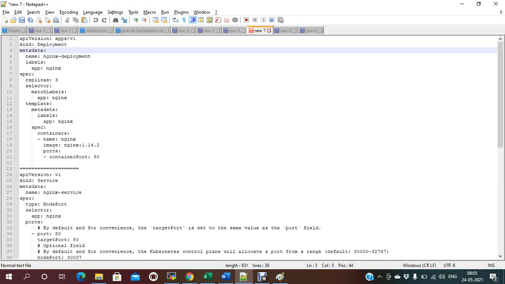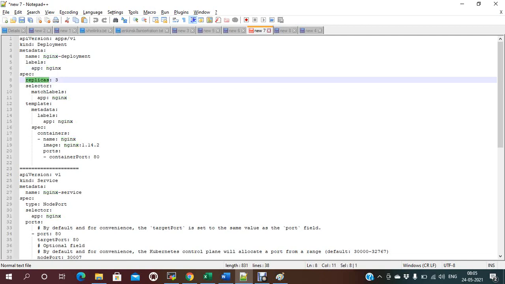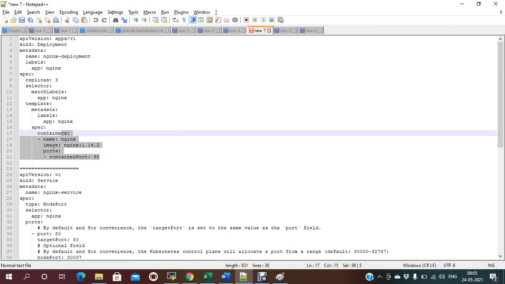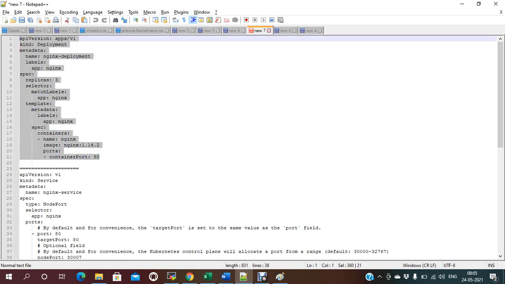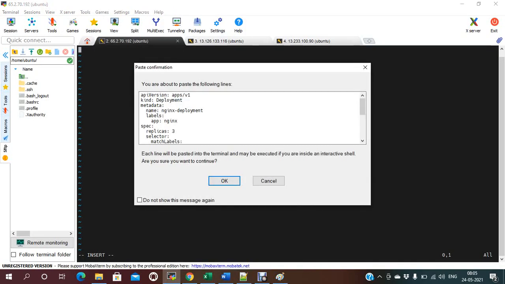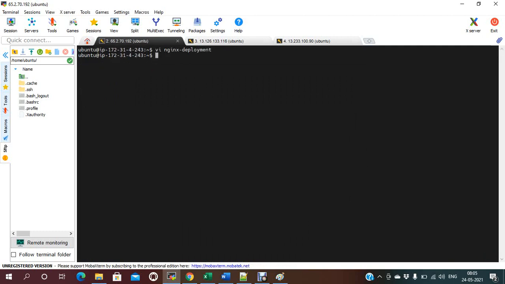I am giving the name nginx-deployment, labels nginx, and in the spec, replicas 3, selector with matchLabels nginx, and then the template. This is a small deployment.